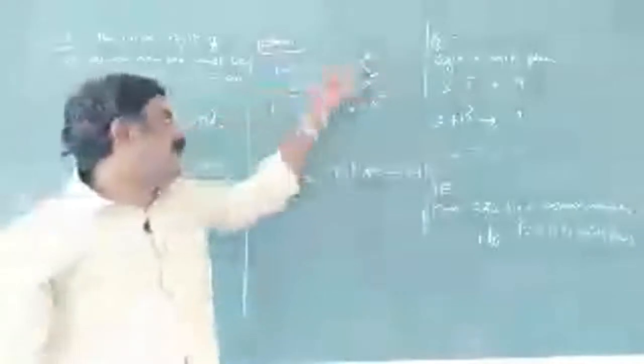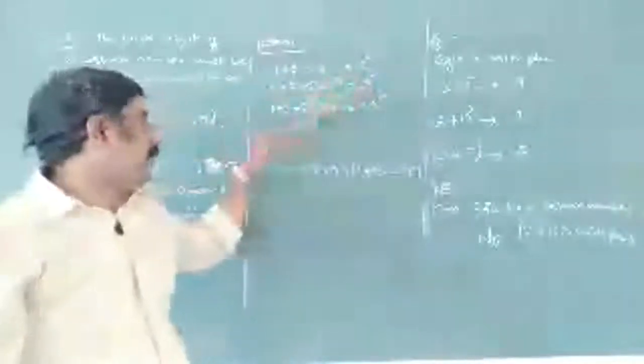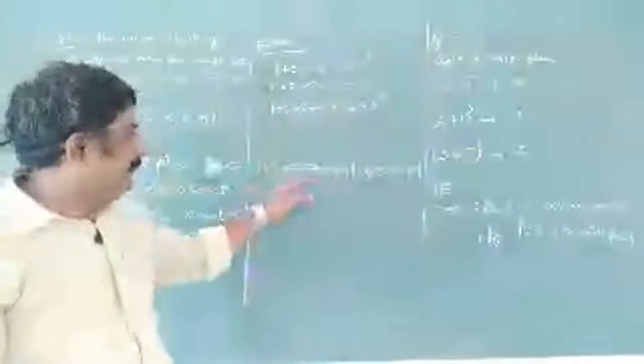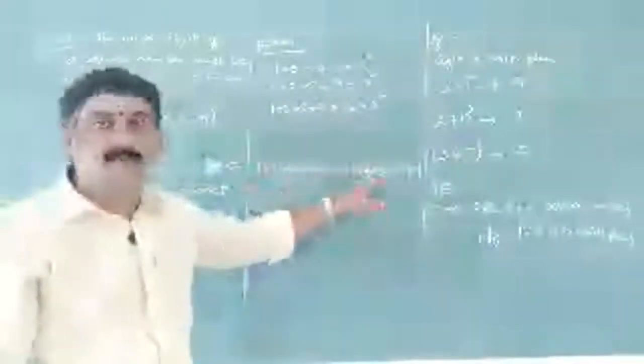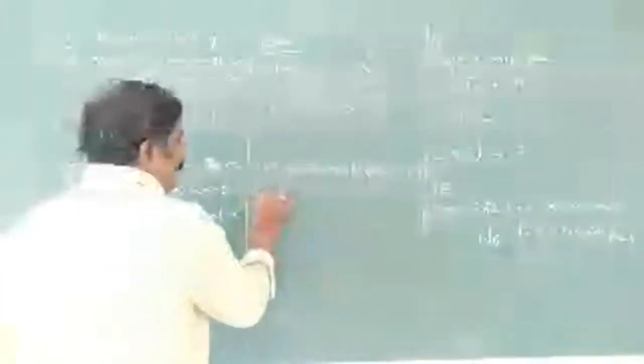Now you observe here. 1, 3. How many numbers do we have? 2. So that's why we are writing 2 square. 1, 3, 5. 3 numbers, so 3 square we are writing. 1, 3, 5, 7. 4 numbers, that's why I am writing 4 square. Now I am writing here 1, 2, 3, 4, 5, 6, 7 numbers. So that's why 7 square we can write here. So what is the general formula we can write here?